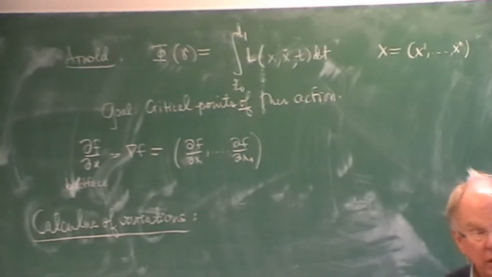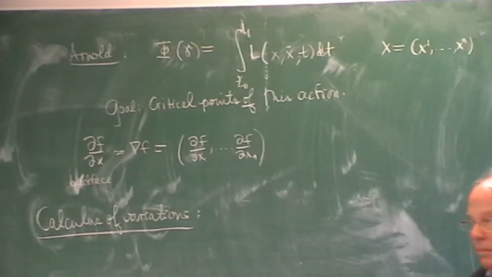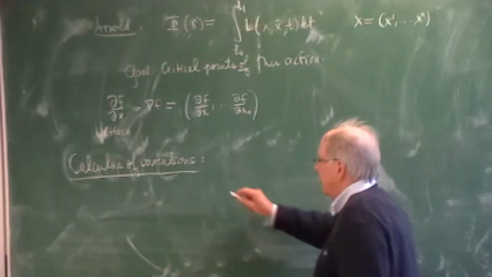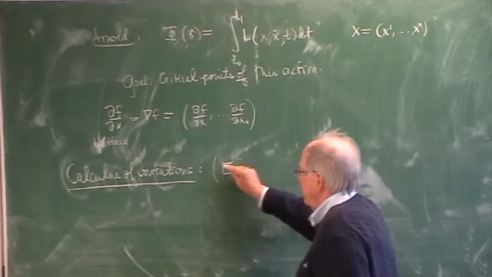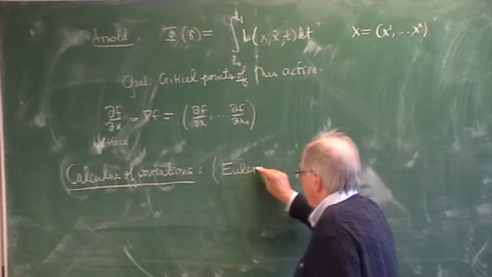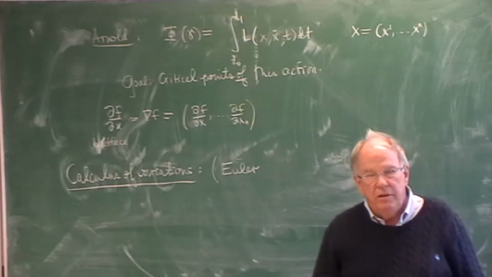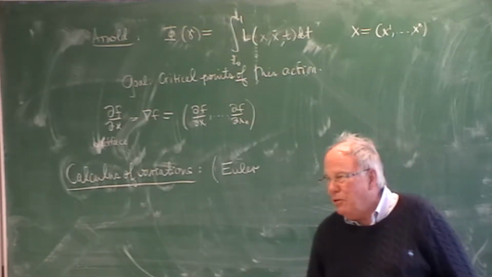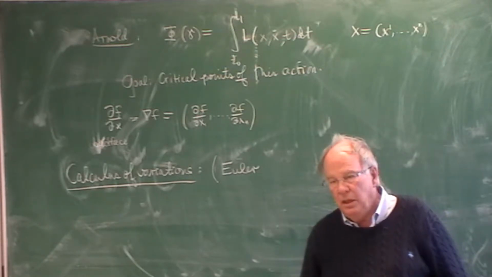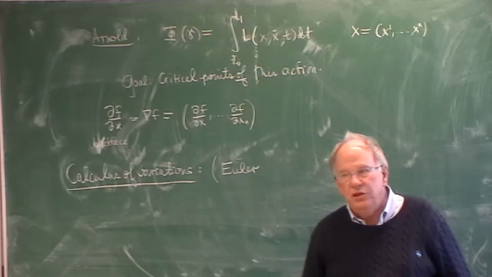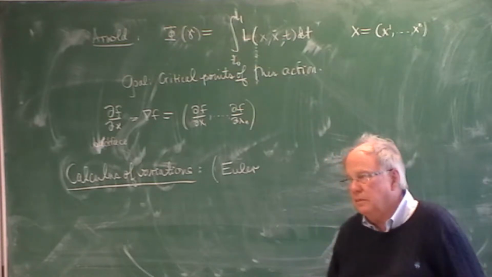It's very easy nowadays with the web. These first steps in calculus of variations are due to Euler. And this is a very long time ago, in the 18th century. And there was this mathematician,